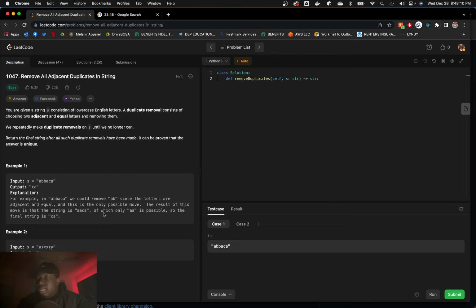We know that if there are two characters left, right? If two characters left, then just append the last two characters. If there are two characters left,